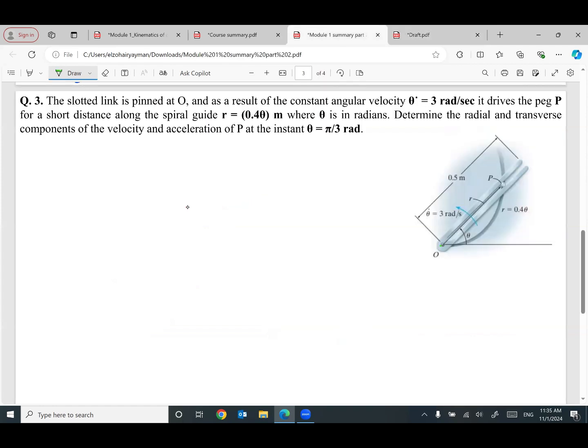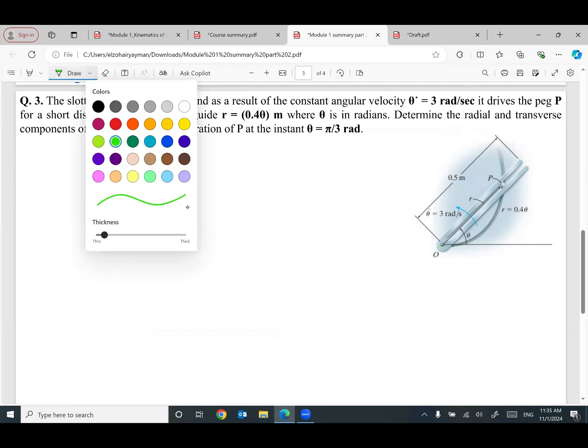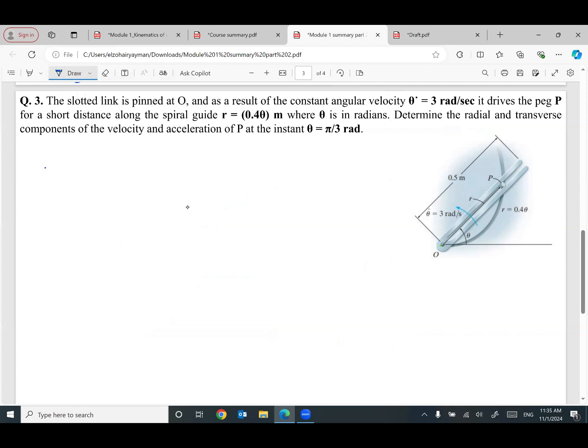That makes sense? So since the problem mentioned the theta and the radius, that means we are in cylindrical components. So what is given? To solve this kind of problem, I do recommend to put your hand on what is the value of R, what is the value of theta, what is the value of R dot, R double dot, theta dot, and theta double dot, because without these values, you cannot solve anything.